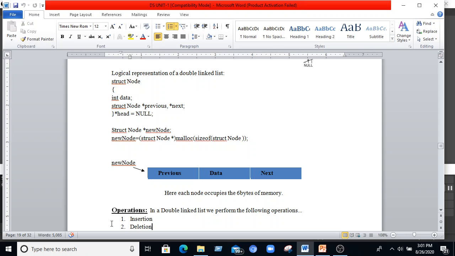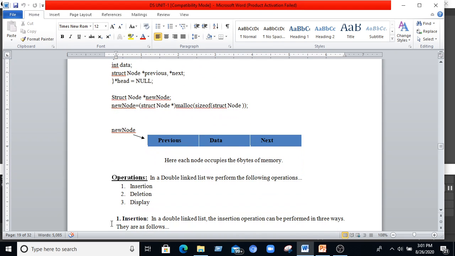When we go with the operations of the double linked list, we can perform operations like insertion, deletion, display, traverse, similarly as with the single linked list.